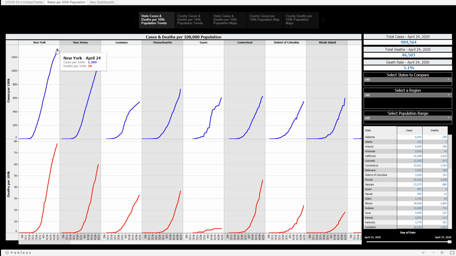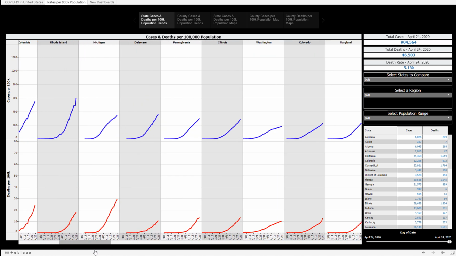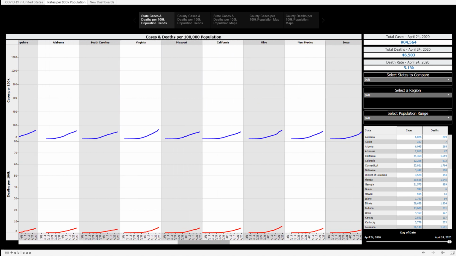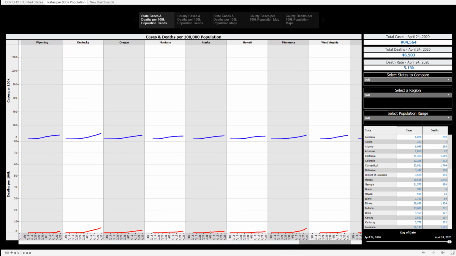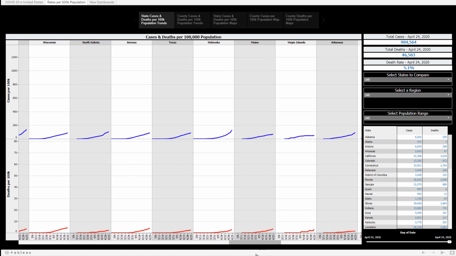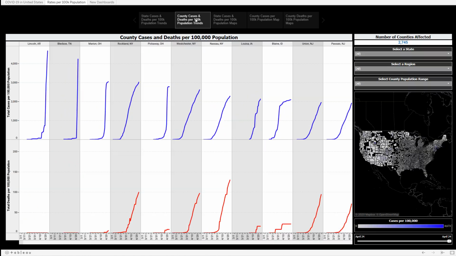And by April 24th, we had 1,309 cases per 100,000 and 78 deaths per 100,000. There are more states than you can fit on a screen. So at the bottom, you can scroll across here, and you can see the descending number of cases per state. Now we're looking at the same data as the state data,